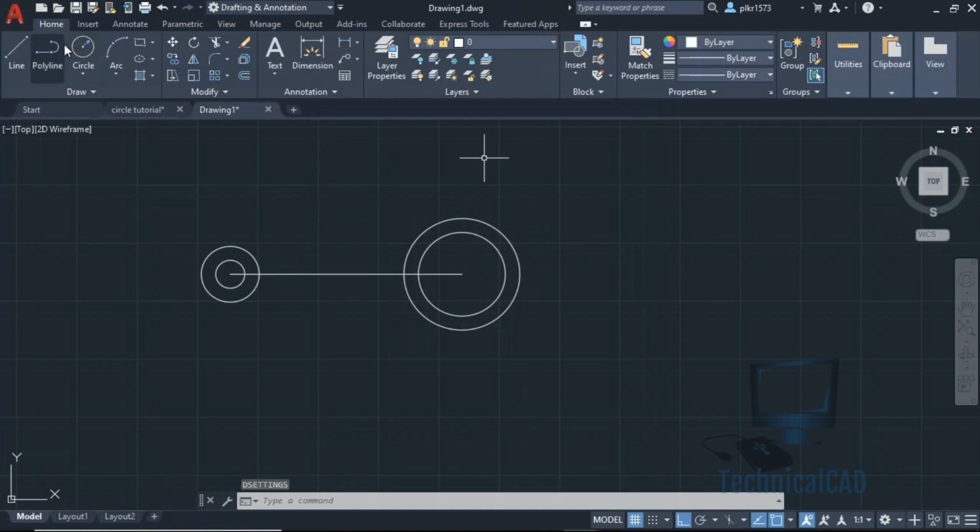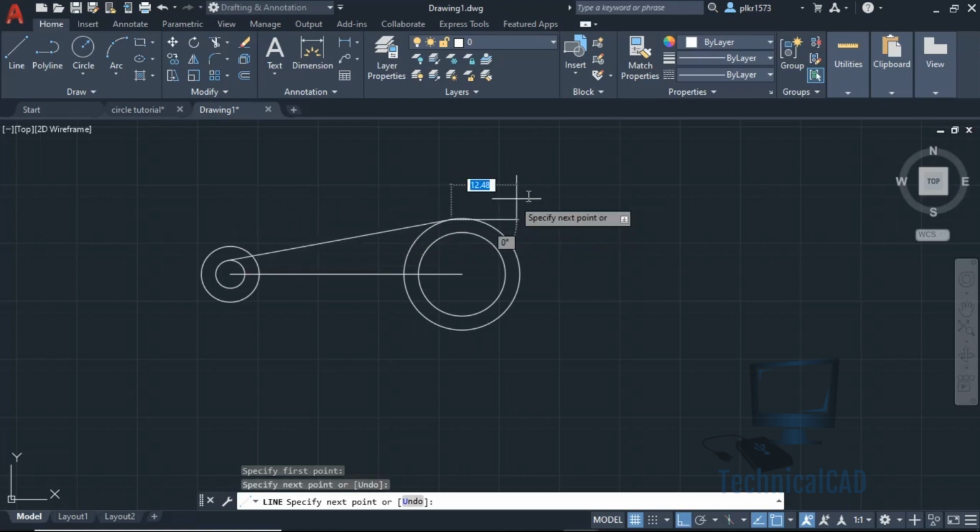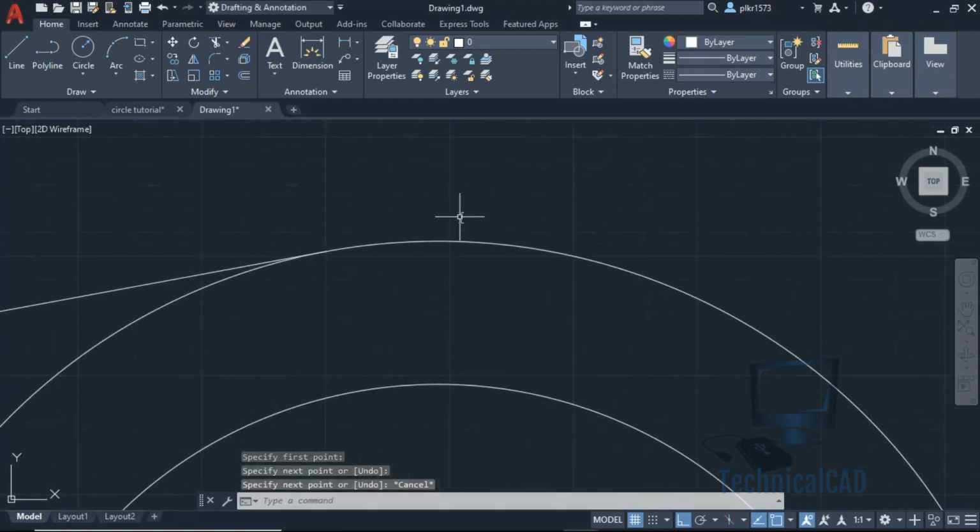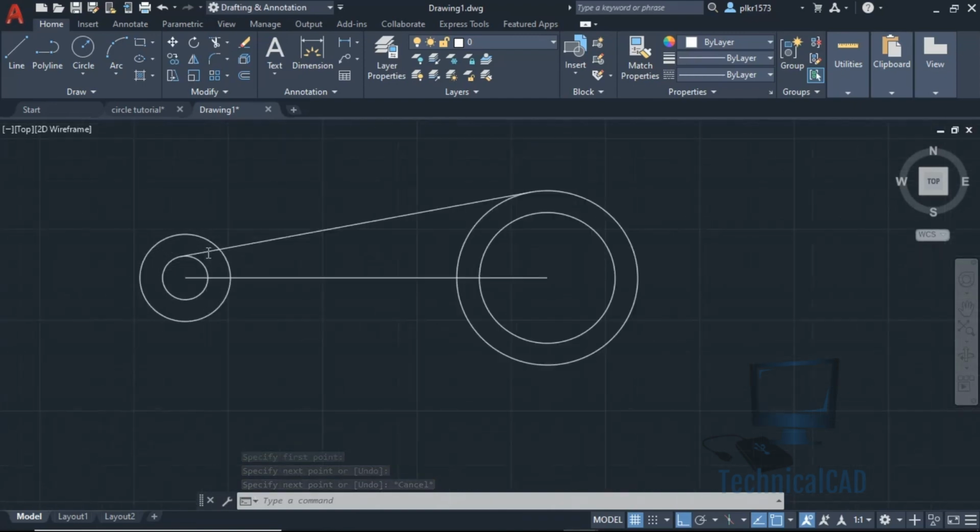Now I will create a line. Select this tangent, then the inner circle tangent, and here. See, now these are the tangents for the circles. This line will act as a tangent for the circle.